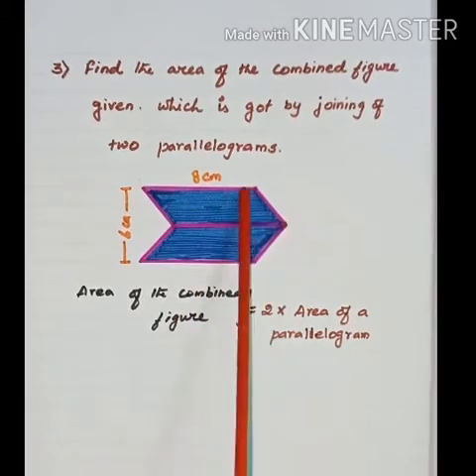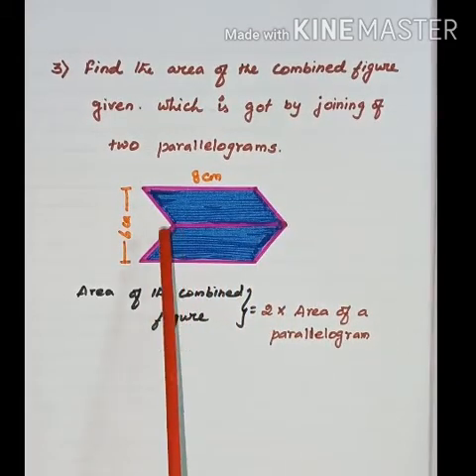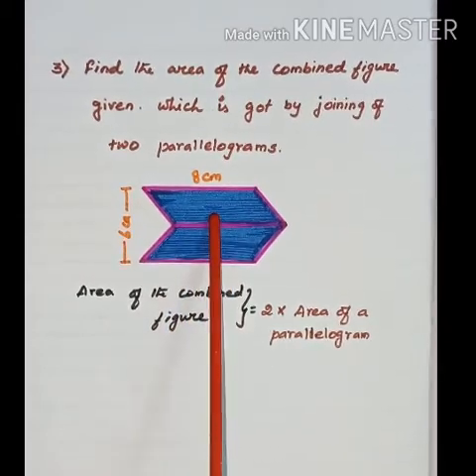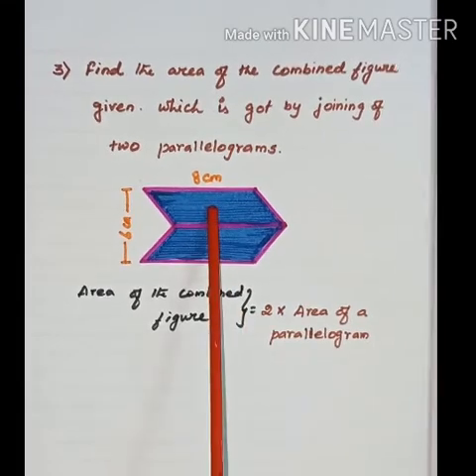See, this upper part is one parallelogram, the lower part is one parallelogram. So area of this shaded part, that is area of the combined figure, is equal to 2 times